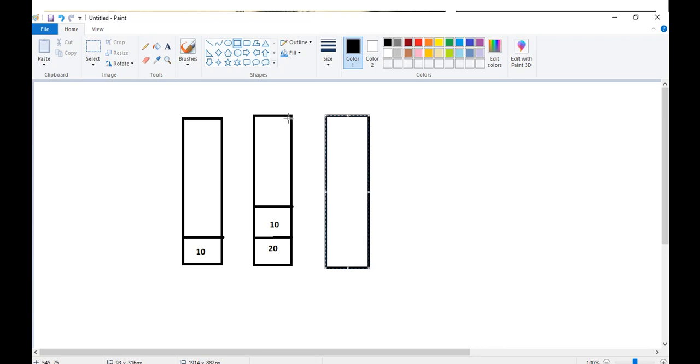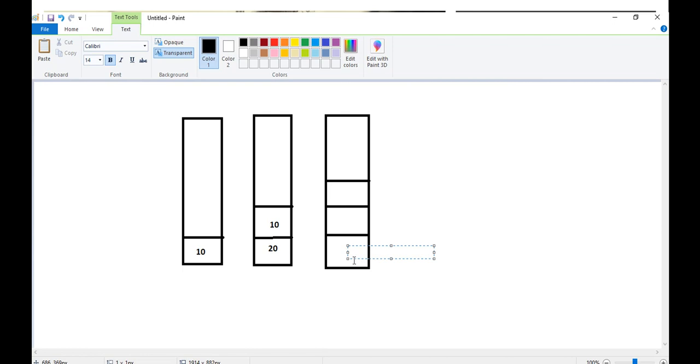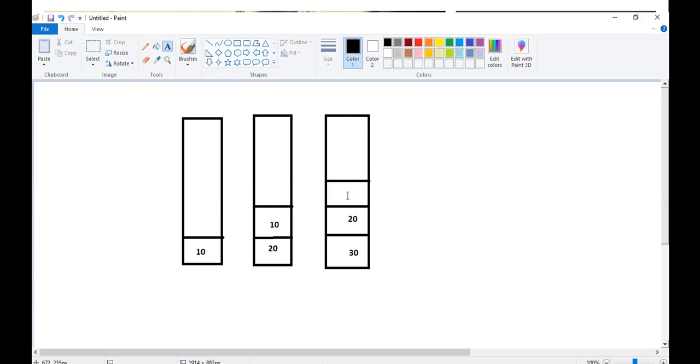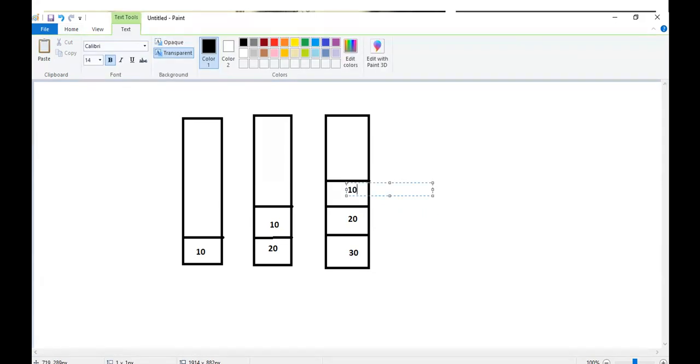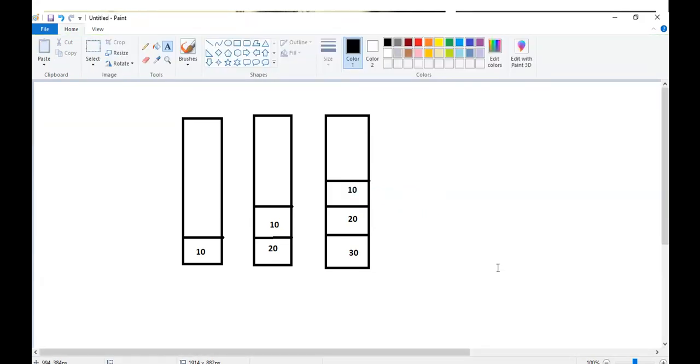Okay, so if I enter 30, it will be like this. At the time of removal, 10 will be destroyed first.